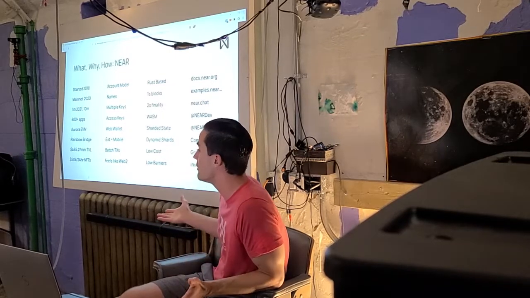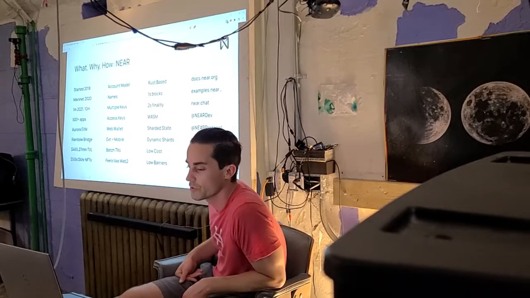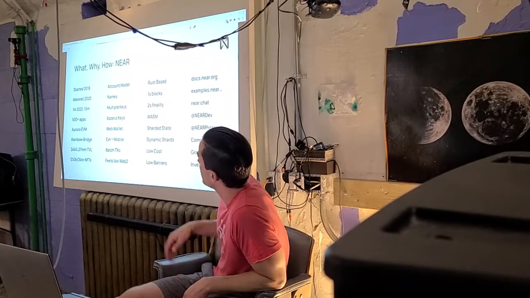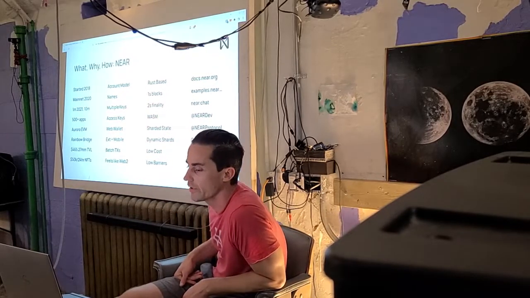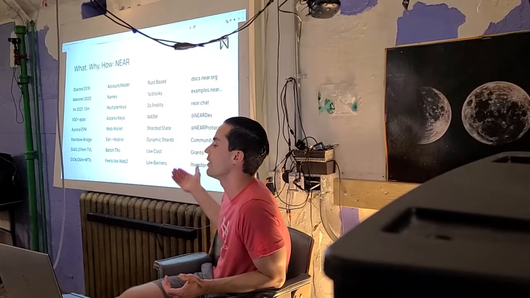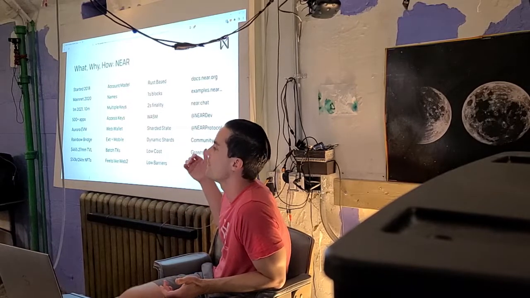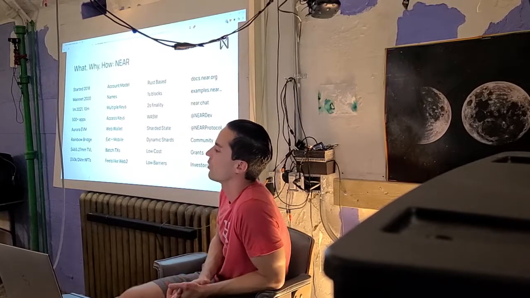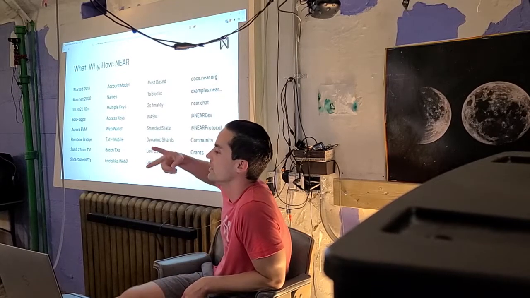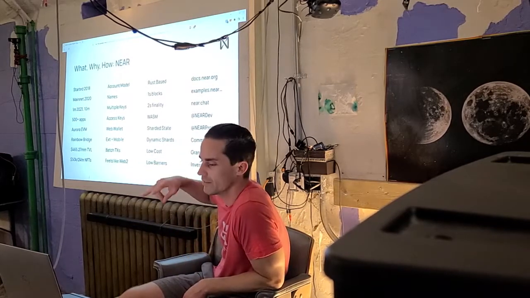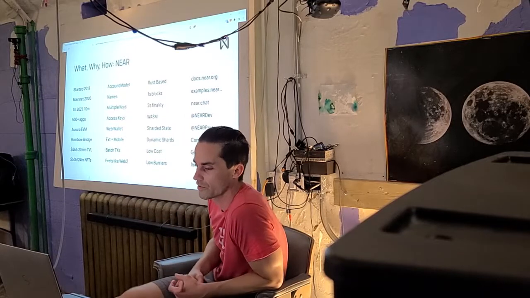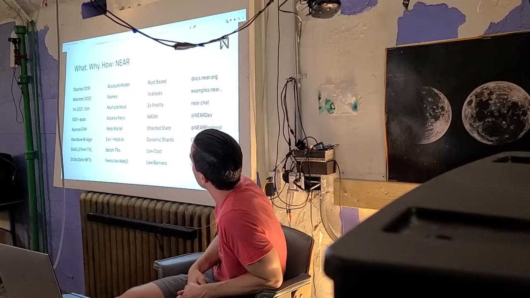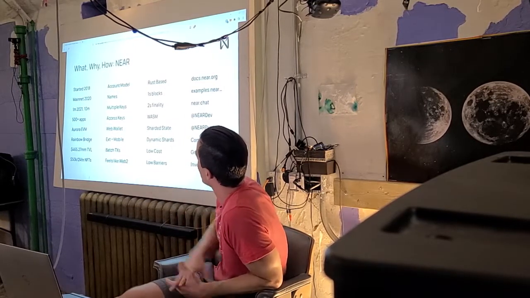And then there's the Aurora EVM, which was a big launch. So that was really cool, and we'll dive into that a little bit later. The Rainbow Bridge from Ethereum to NEAR. So it's basically Ethereum to NEAR or Ethereum directly into Aurora. And then also between NEAR and Aurora, which is really simple, but it works really well, and it's super fast, so that's nice because they're basically running on the same blockchain.